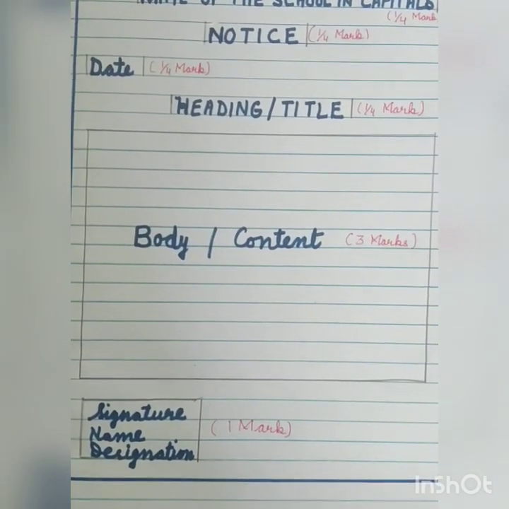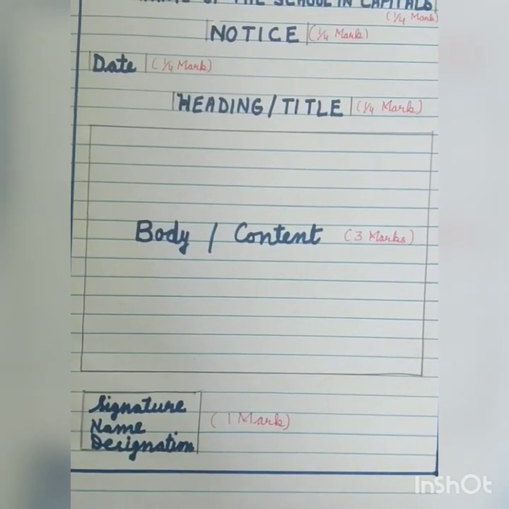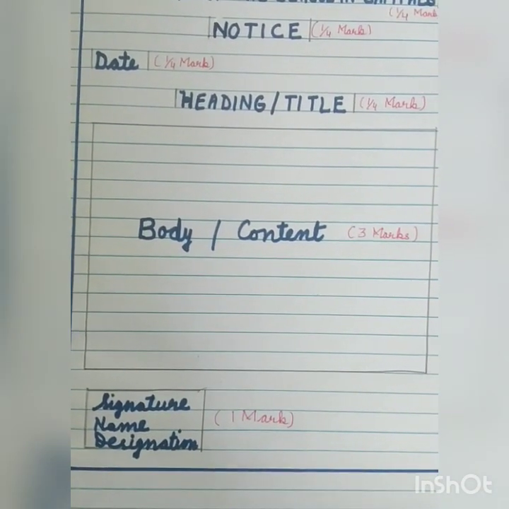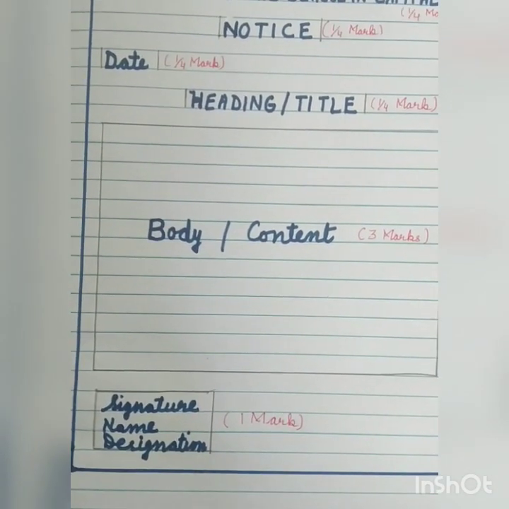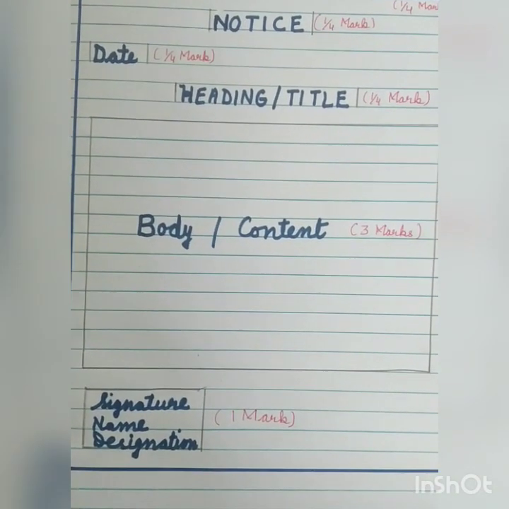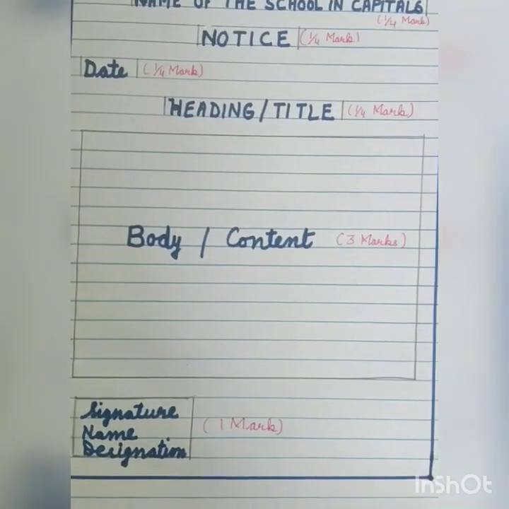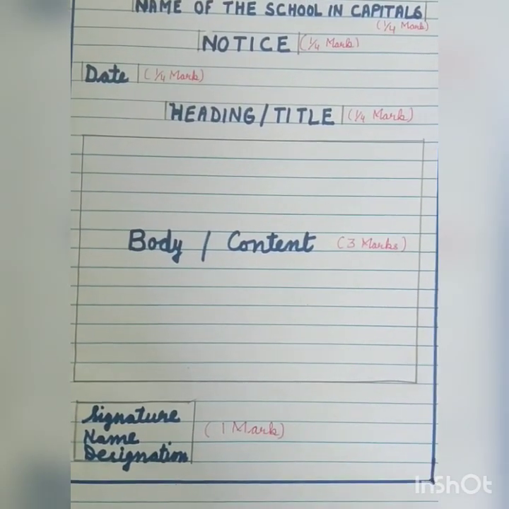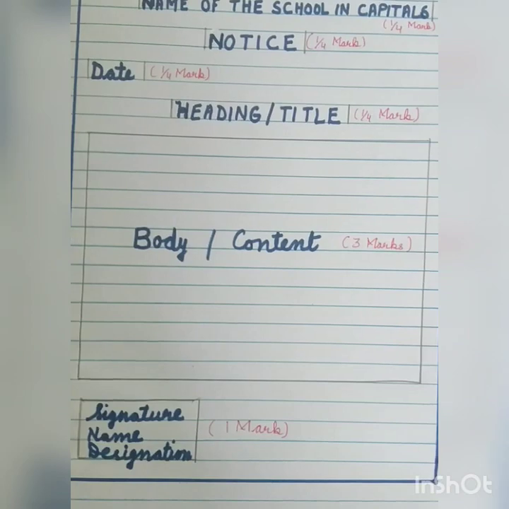So what is the next part after completing the body or the content? Below this, on the left hand side, signature, name and designation. And for you, students can write only the name and designation, right? The person who is writing the notice will write the name on the left hand side, and below that the designation. Do you know what designation is? Designation means what that person is. For example, being a monitor, you are writing as monitor of the class. So your designation will be monitor of class 5.